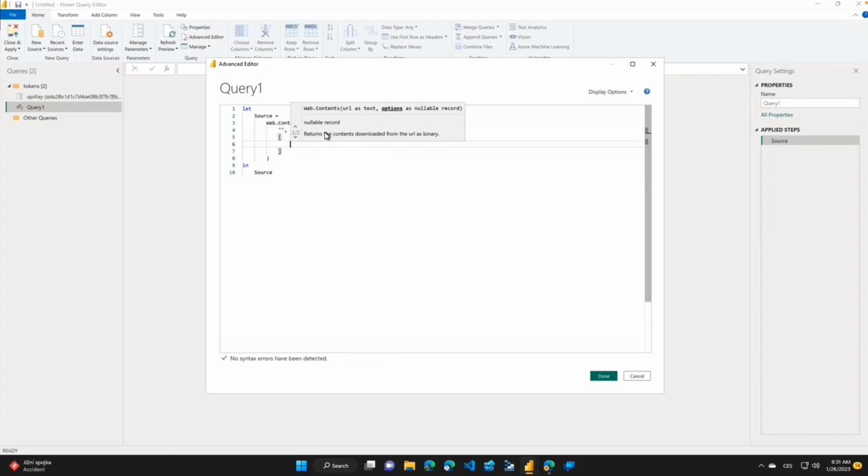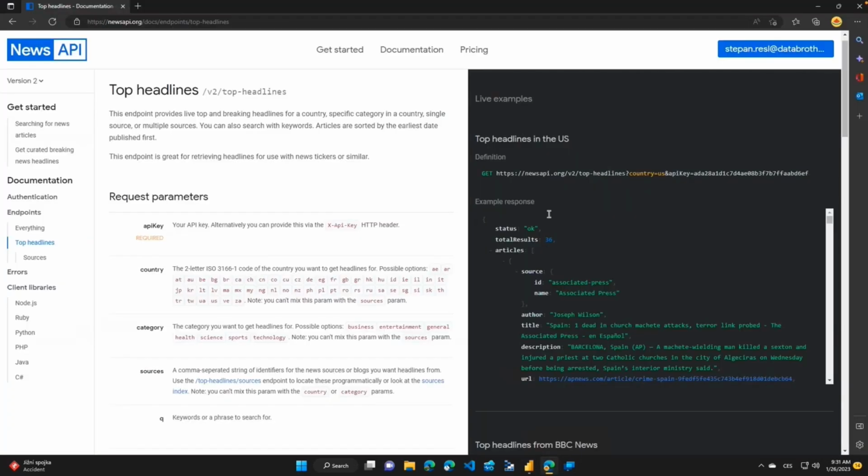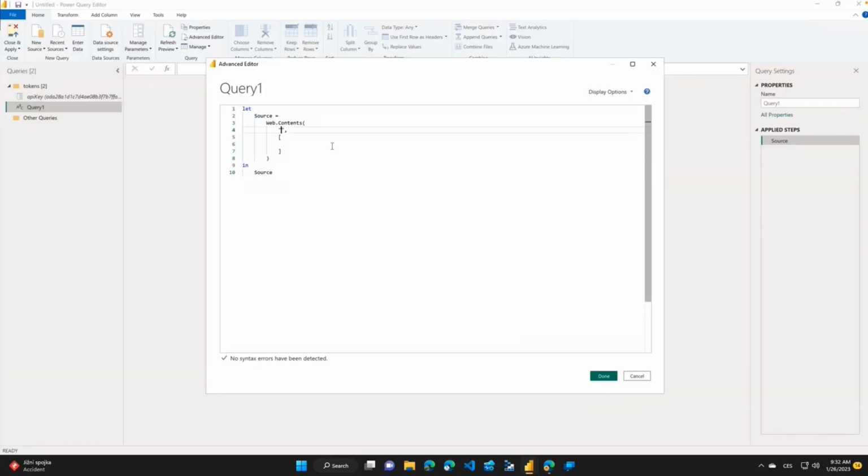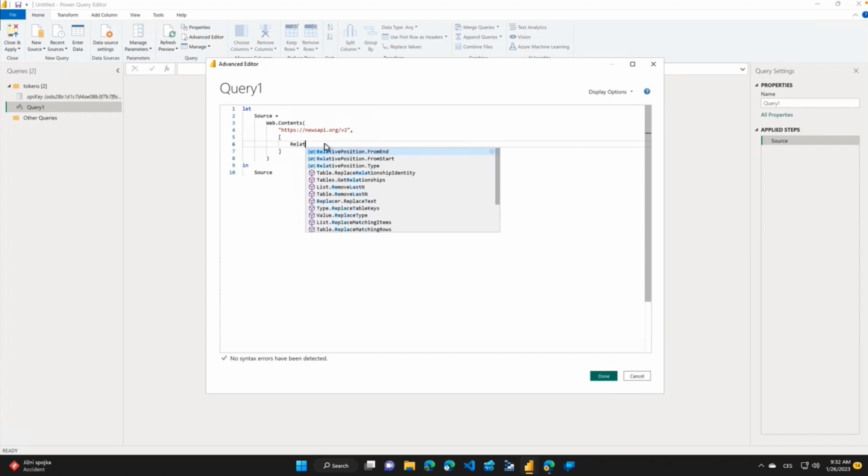So we will prepare the record and we will push here inside Web.Contents our URL that will be newsapi.org/v2. As I told you, it's a base URL that will not be changed, and it can be very usable for us when we would like to set authentication against the whole newsapi.org and then just provide other parts of the URL. So the other part will be represented by a relative path,